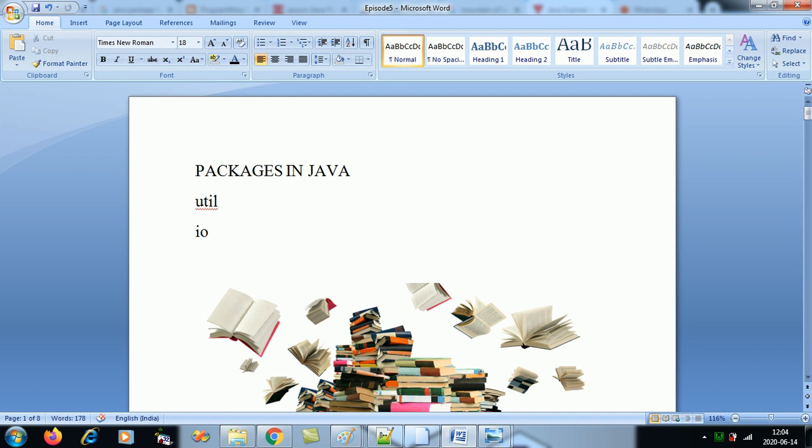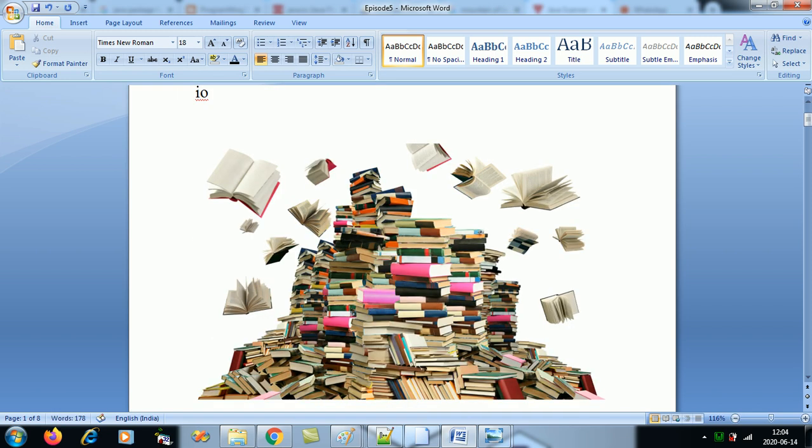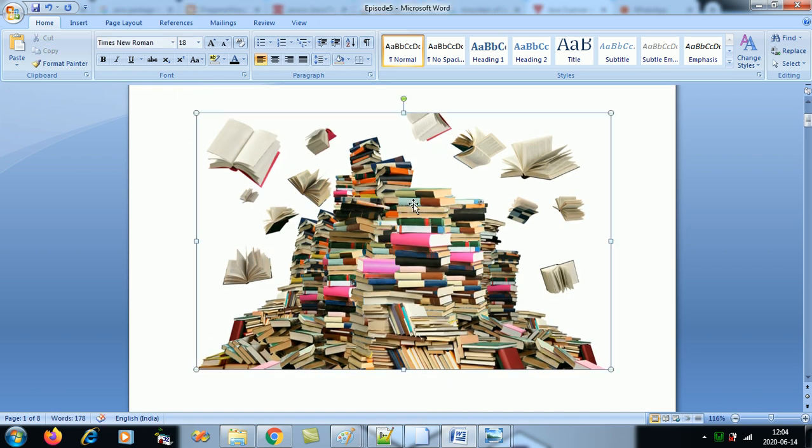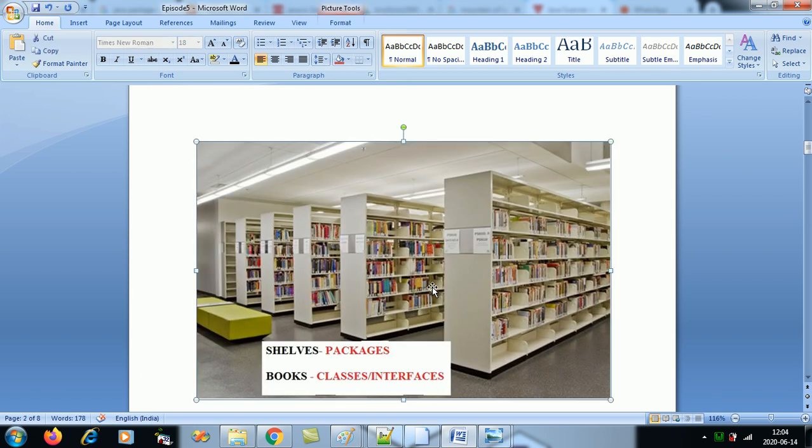Now, what do I mean by packages? First, we should have a deep understanding of what actually packages are. If I take the example of a library, when we enter a library, do we see all the books piled up into a sort of hill arrangement, and then we have to enter this and pluck out any book of our choice? Is this the arrangement in the library, or I'll show you one more slide, this one, where the books are piled up in racks and shelves properly, neatly, with each rack having its title?